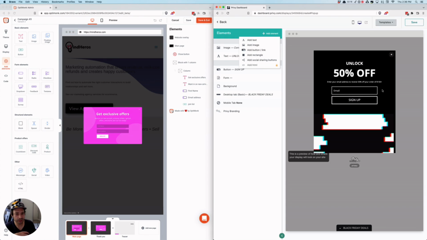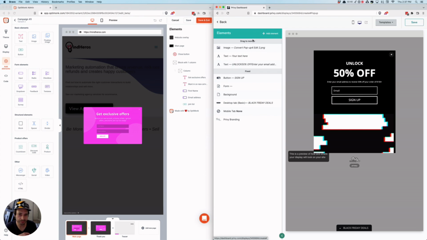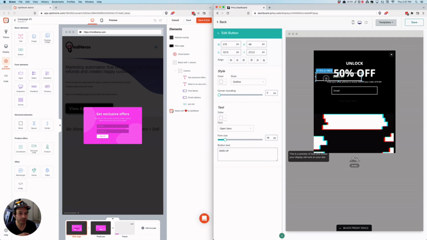On the other hand, with Privy, if you don't choose a countdown timer style of pop-up, you don't have access to that inside of the editor, which is a huge limitation to me and a pain in the butt, frankly. But if you're willing to use their templates and you don't want to do too much, again, a bit easier to use. So if we want to add text here, we'll click Add Text, and unfortunately, it barely shows up,